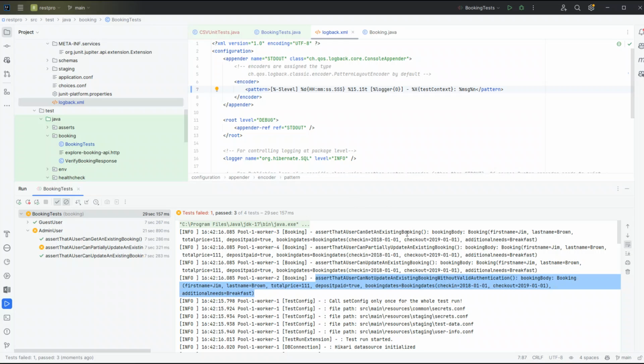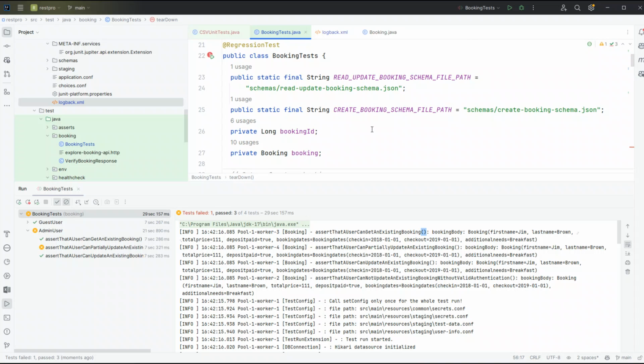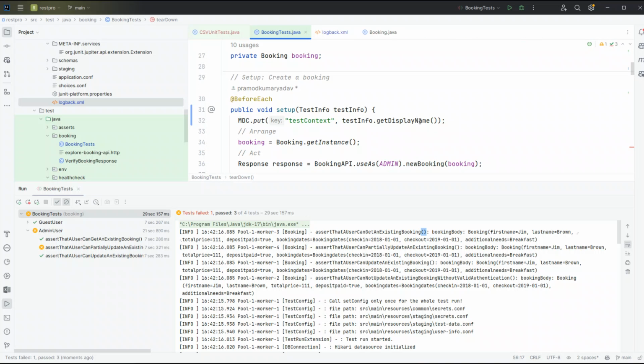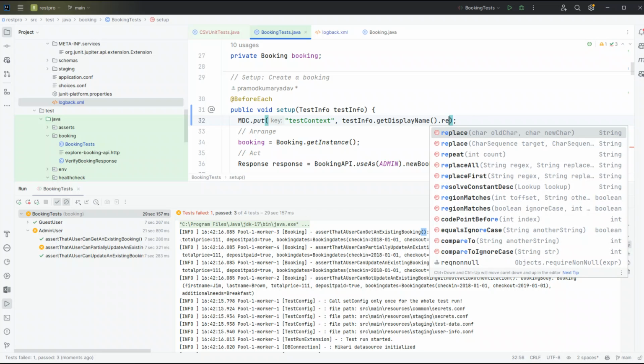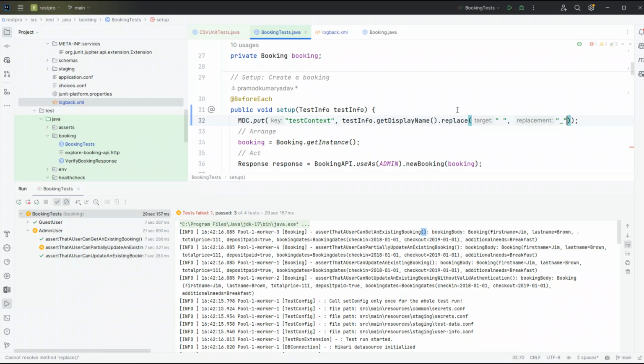One thing that I see is, for example, in this particular case, we are also getting these brackets. I'm just interested in the name, not in the bracket. So what we can do is we could replace these values. So let me say replace, and let's replace this bracket values with nothing. So let's run it again